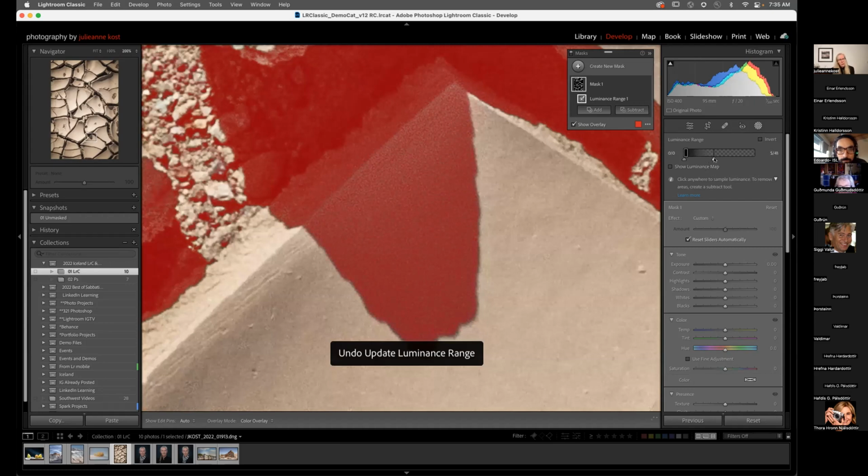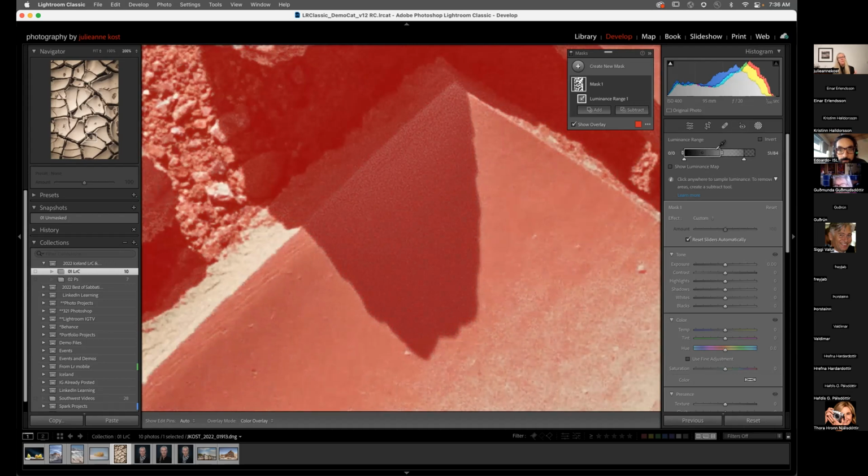If I scoot this over, the fade range will be longer and we can see it starts creeping into my midtones and even into my highlights. If I move this over, now my midtones are going to be fully affected. So I've grown the area that's completely affected, and I've shrunk the area that has the fade range in it. But I just want to affect the darker values with a little bit of a fade range,